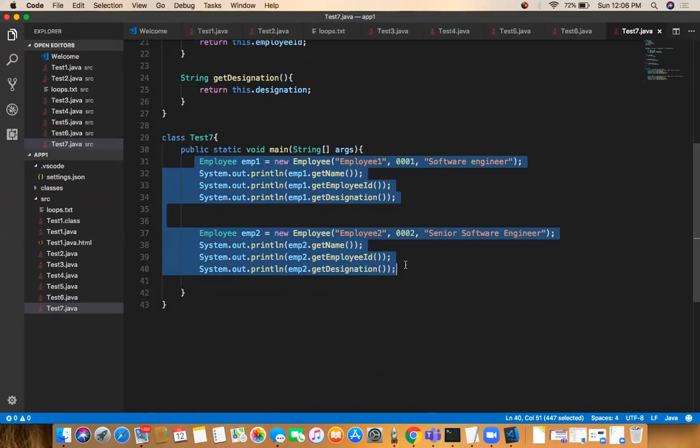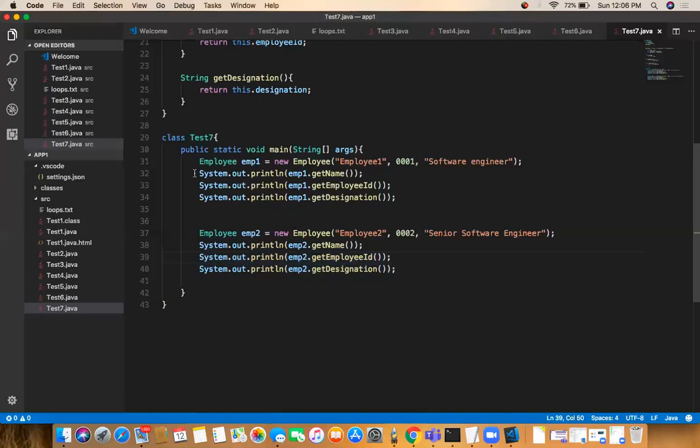If you have 10 employees, we have to print 10 times the same code, but the name is different: emp1, emp2. Similarly emp3, emp4, emp5, something like that. To avoid this duplicate code, we can create one function. For the function, we have to pass the employee object as an argument, and we can print those values. Let's make it